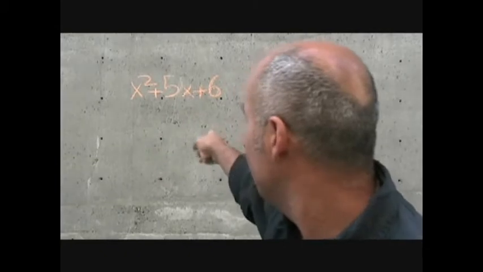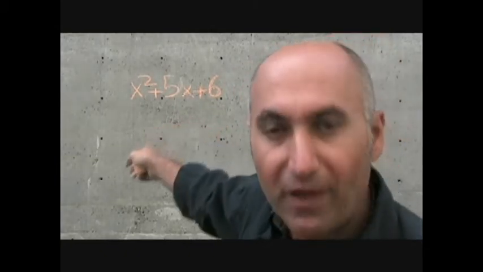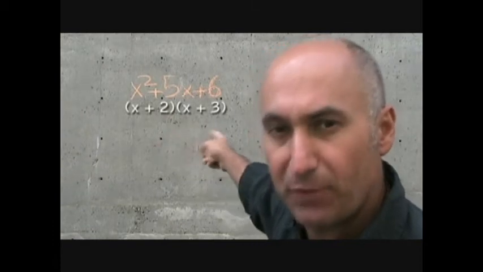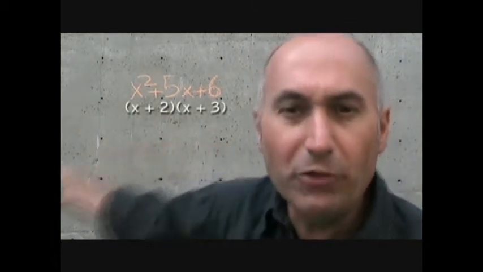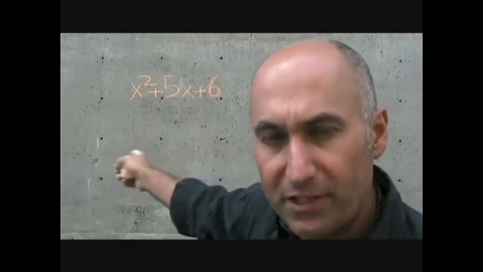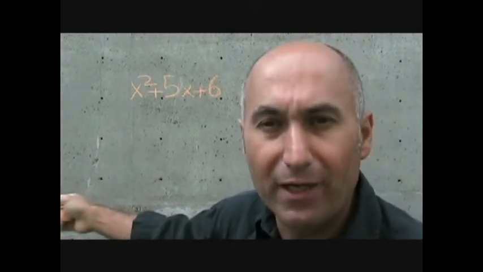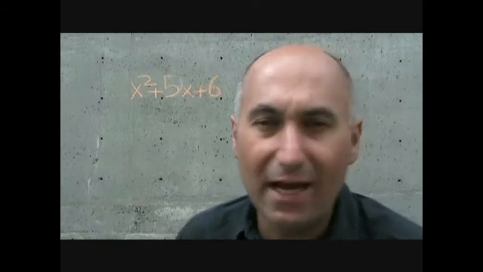You put your brackets in, two numbers are multiplied to give you 6, add to give you 5, that's 2 and 3. So if you factor this straight out, it becomes x plus 2, x plus 3, right? Now, we wouldn't use the quadratic formula to solve this, but right now we're going to do it just for the simple example, right? Because what it comes down to, the quadratic formula comes in real handy when you can't